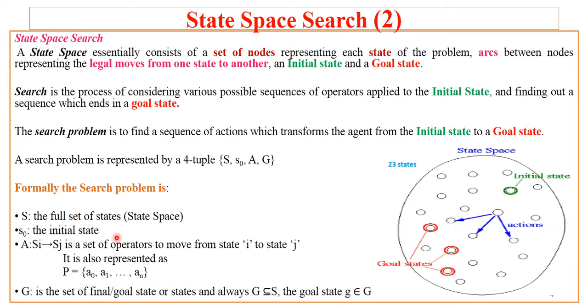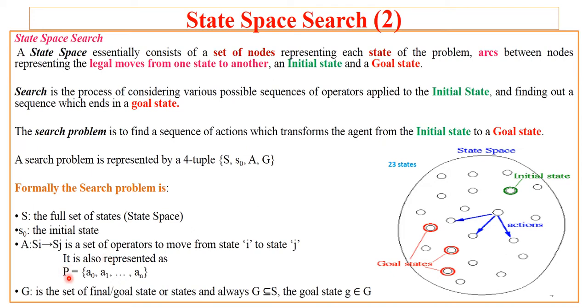These actions are defined in such a way that if you want to go from state I to state J, you need to perform certain operations, and those operations are performed based on certain rules. If you make a transition from one state to another using certain rules, that is called the action,